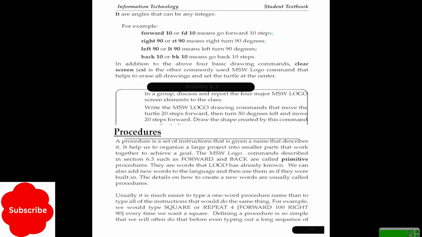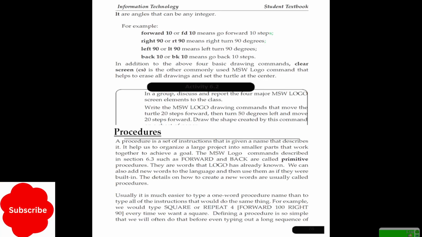We can also add new words to the language and then use them as if they were built in. The details on how to create new words are usually called procedures. We have to use the right procedures that are put in as a standard, as a rule. For instance, to move the turtle forward, we have to use FD and only FD.